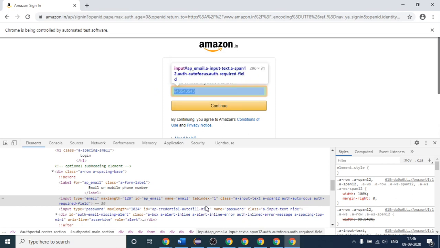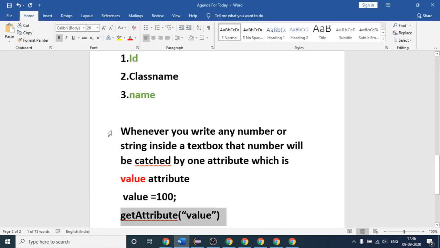There is one more method, which is getAttribute. Before that, let me explain one thing. Whenever you write any number or string in a text box, even a number, it will be in the form of a string, so consider it a string only. Whenever you write a string inside a text box, it is cached by one attribute, and that attribute name is value.